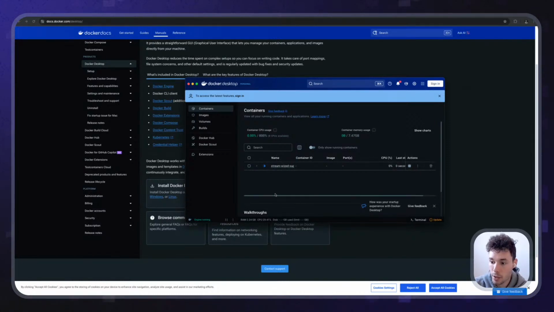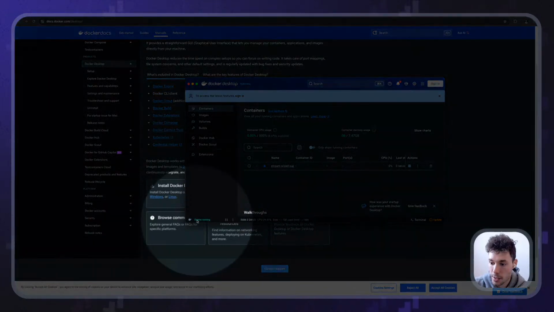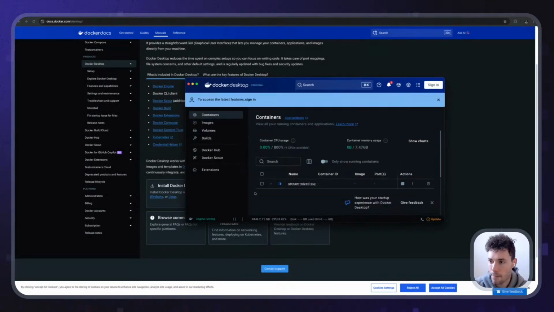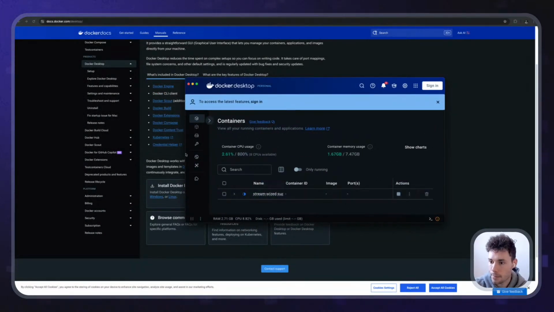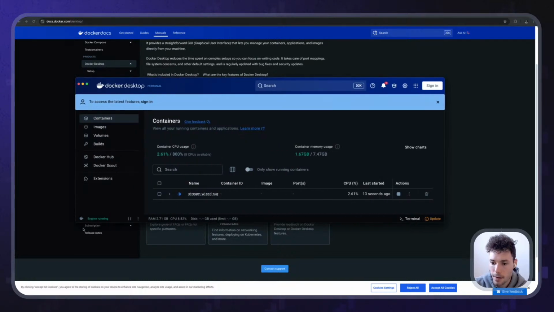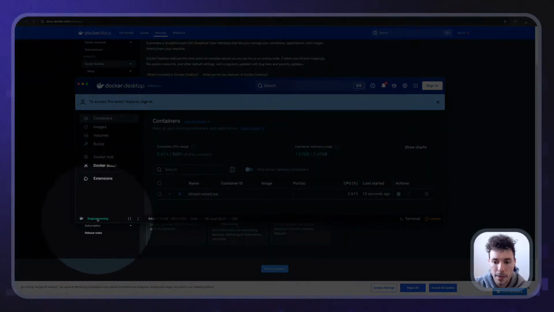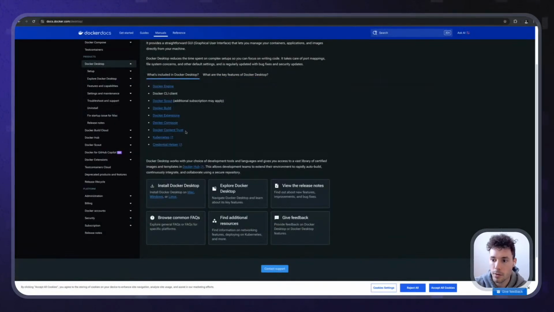Make sure that Docker is running. As you can see here, can I zoom in a bit? Yep. You want to see this bit in here that is saying engine running. Docker will be running correctly, right? So I can close this because